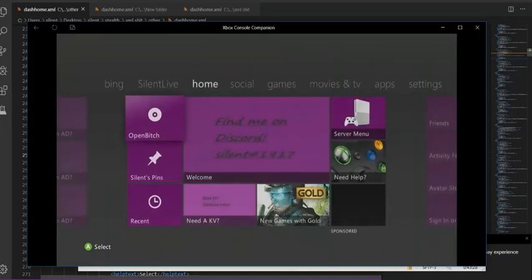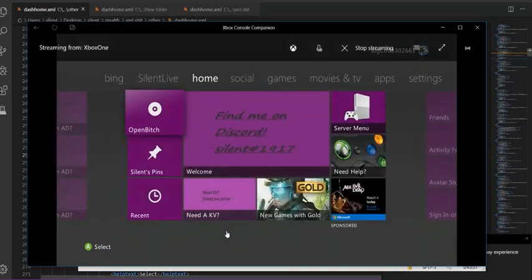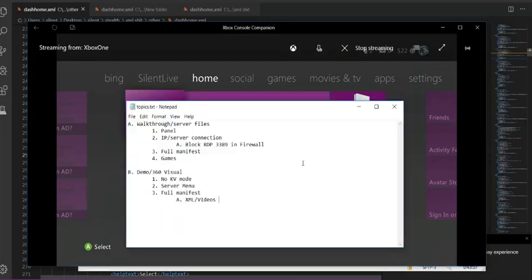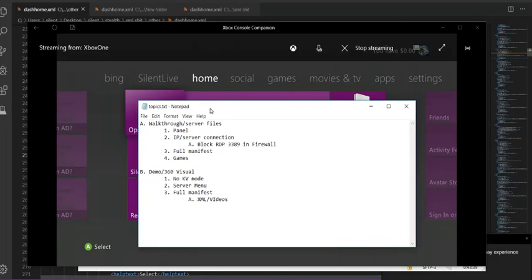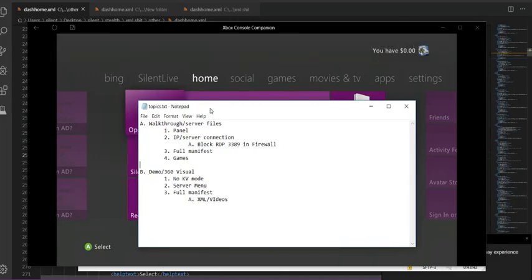So, anything else I should mention? I think it's pretty much most of it. Most of the upgrades and changes I've made. Again, if you want to add more cheats, just add it to the code that I already have. If you know what you're doing, watch all my previous tutorials. I've got one that